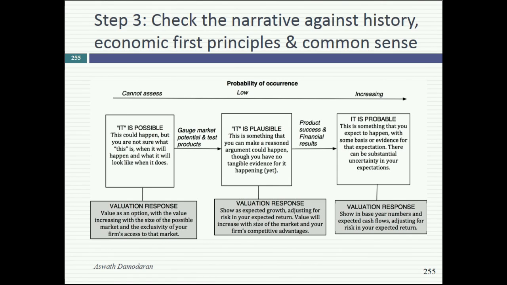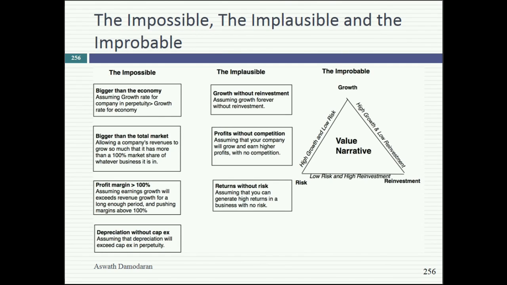I don't want to see impossible stories in your valuation. What are examples of impossible stories? You tell me your company will grow at 5% a year forever. Remember the Tesla example I gave you, 6% growth forever? That's an impossible story. Tesla cannot grow 6% a year forever. It's not a question of difference of opinion, it's just mathematically impossible. Netflix cannot have $600 billion in revenues in year 10. Impossible story. There aren't enough people on the face of the earth for that to happen.